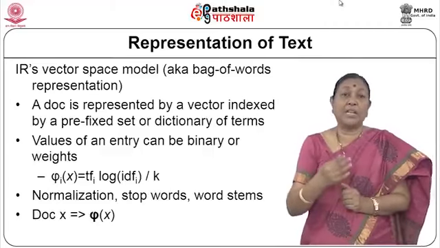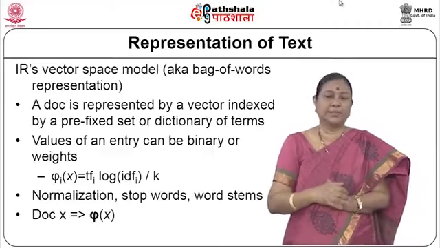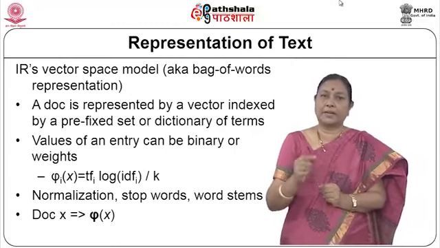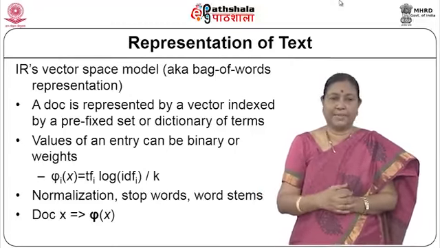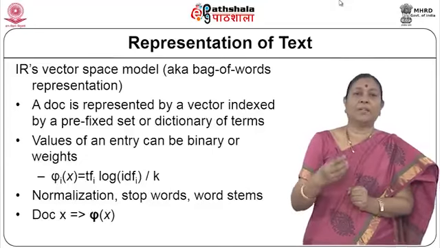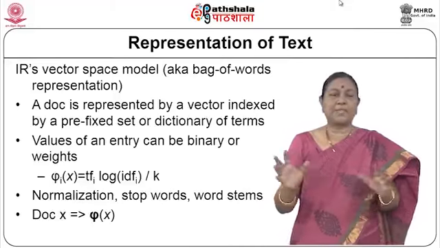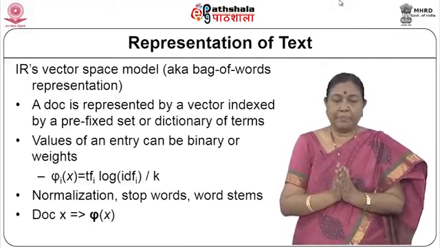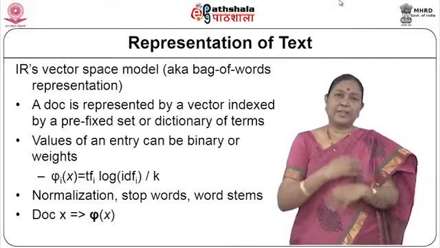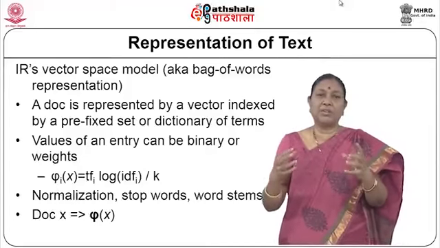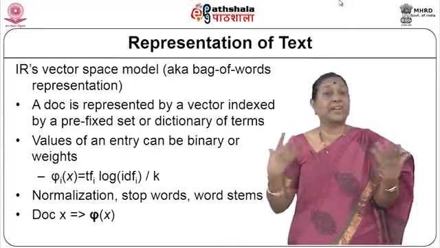One is the so-called TF-IDF. TF is the term frequency, the number of times that particular term has occurred in that particular document. And there is also something called IDF. Now, what is this IDF? Inverse document frequency. Suppose I have 10 documents that I want to classify, and a particular word frequently occurs in all the 10 documents. Then that word is not going to help me differentiate or classify these 10 documents.